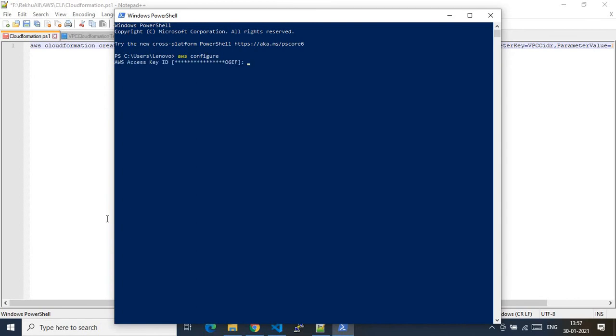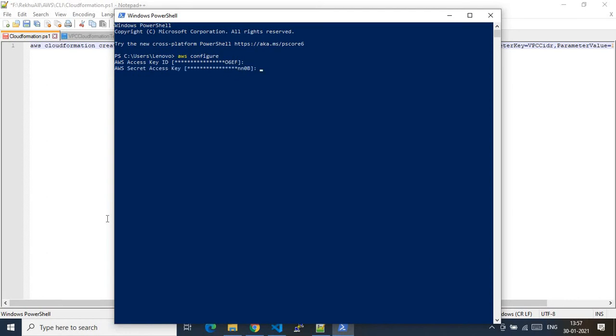So once you enter this command and run it, it will retrieve the history of the credentials that you used to log into your AWS account. That's the reason it is showing me the previously entered AWS access key ID and the AWS secret key. When you are logging in for the first time, you need to put in the required information. After that, for the second time, it will take you to the history.